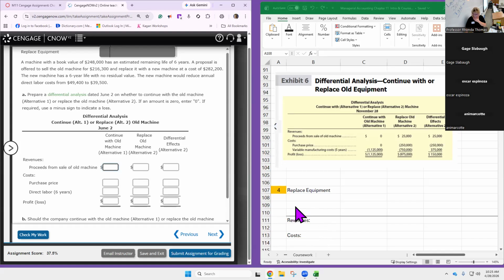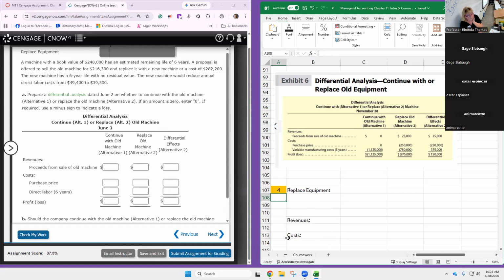Okay, replace. Let me see if there's anything. Okay, machine with a book value of $248,000 has an estimated remaining life of 6 years. So that machine should be able to be depreciated 6 years, right? A proposal is offered to sell the old machine for $216,300 and replace it with a new machine at a cost of